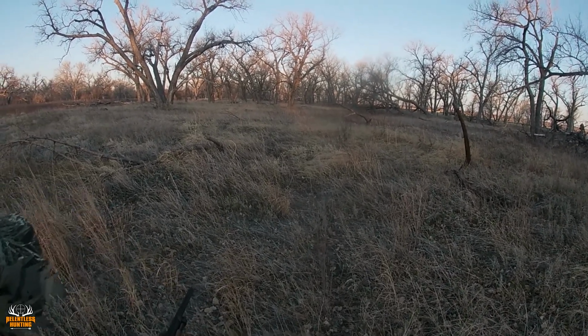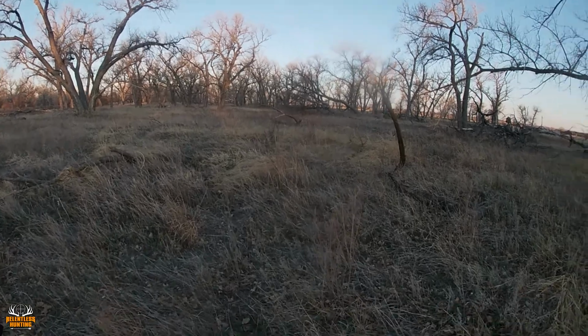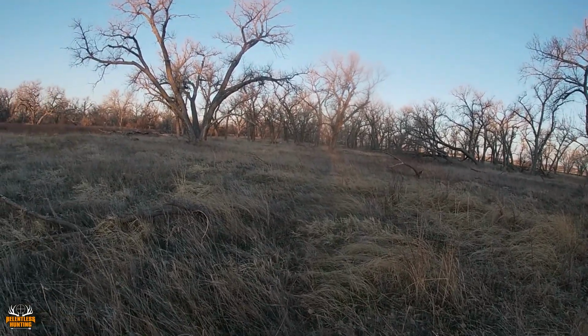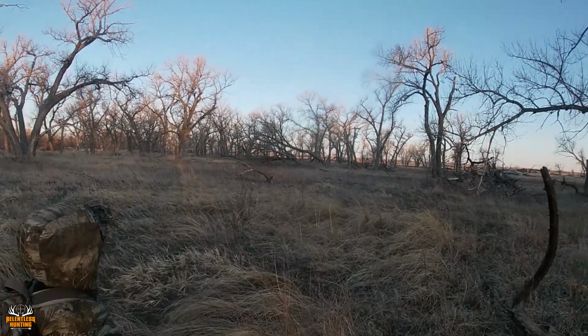We have to be within 40 yards. Okay. Let's get up to that tree. No. I'm gonna get this. You can see there. See that puppy over there? Look at the